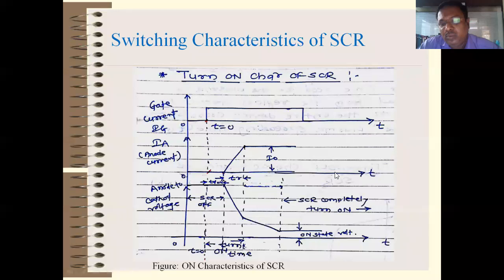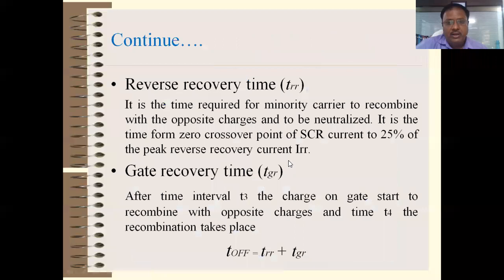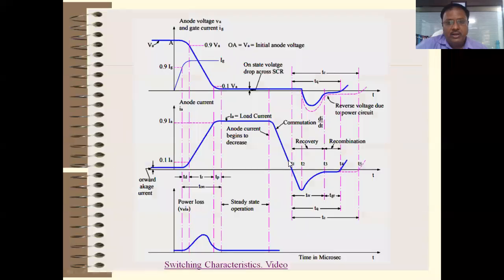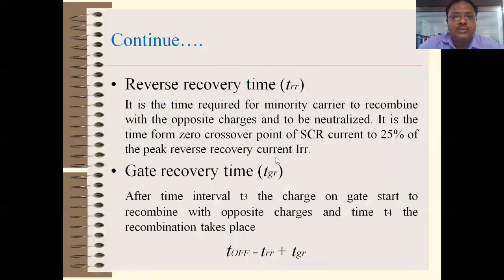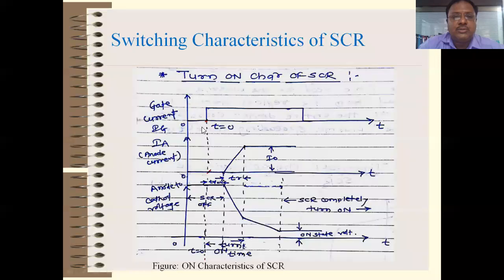This is handwritten, which is present in your notes, right? And I have one additional figure that I got from the internet. I'll explain both. First we will see what is present in your notes. In this particular graph, the first figure is the gate signal. The gate current IG is applied at t equal to 0.